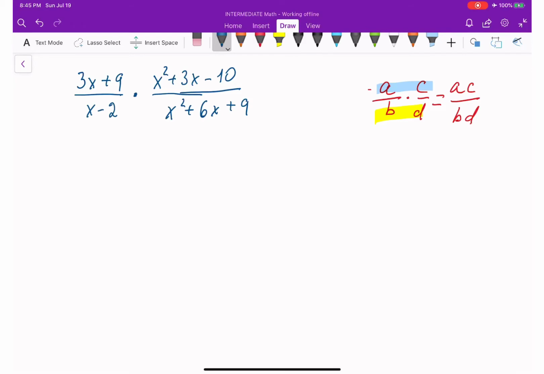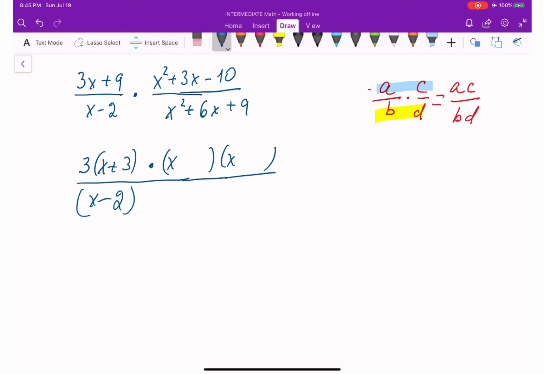Before I multiply, I can simplify 3x + 9. I can take a common factor out, which is 3, right? 3(x + 3). Here I have x - 2, put in parentheses, multiplied. x² + 3x - 10, I can factor it. Let me see if it's factorable. Here is x, here is x. So two numbers that multiply to negative 10 and add to 3 are going to be